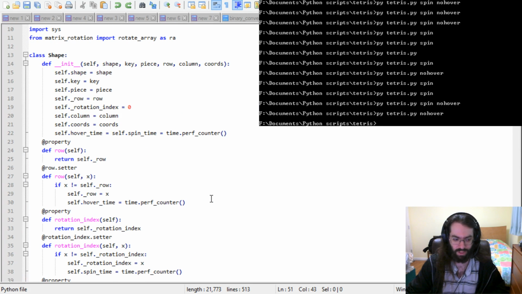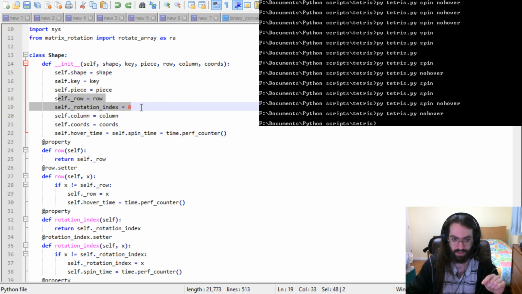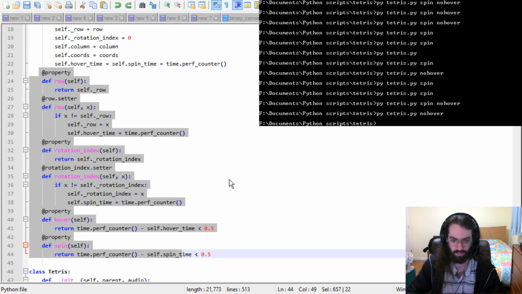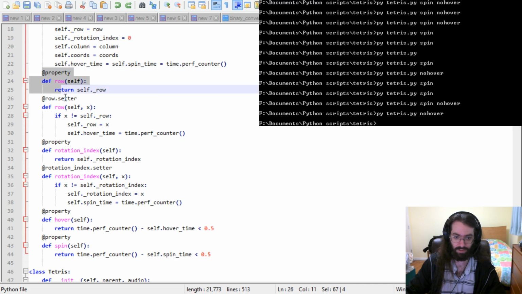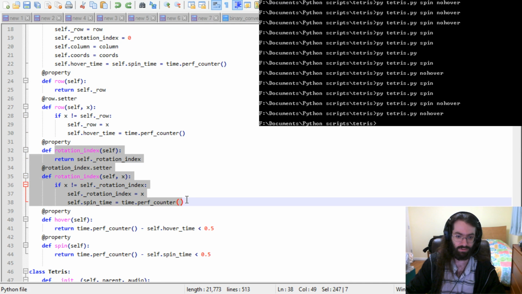So we changed tick and we changed shift at the end, and we added a whole bunch of stuff. We changed this and we added that, and we added all these properties that weren't there before, but it's all there for a reason. And it's because we want the side effect of noting the time, which is important. That's what we want to do. So we have the row, and whenever we change it, we note the time. We have the rotation index, and whenever we change it, we